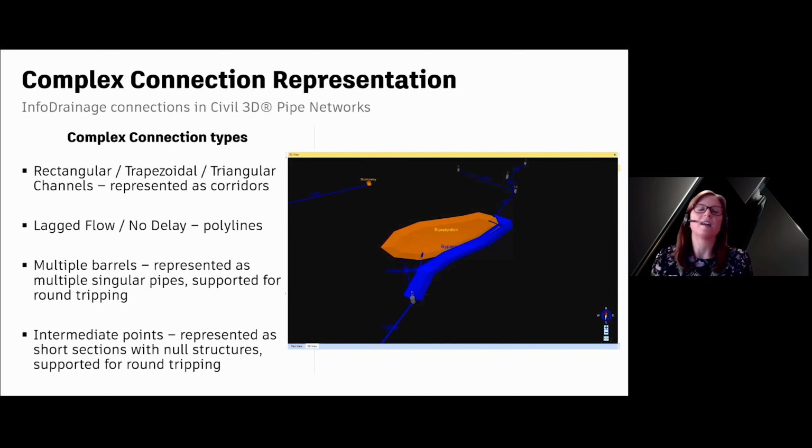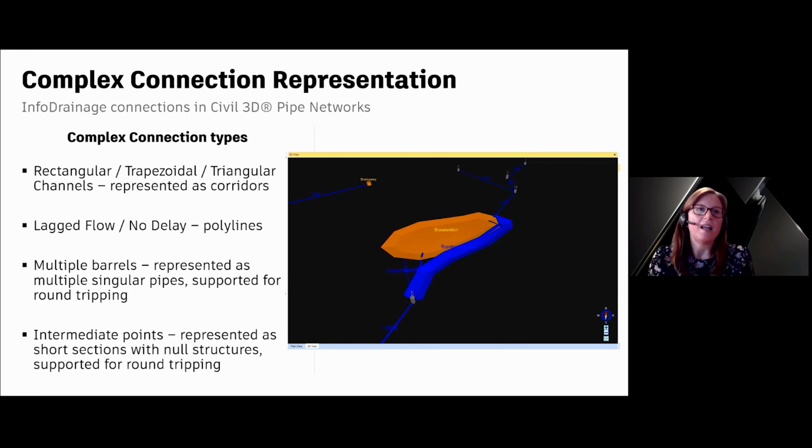When we come to rectangular, trapezoidal, or triangular channels, as we refer to them in InfoDrainage, these are represented as corridors. So in this example, we have a bypass channel alongside one of our bioretention areas. This is an open channel section within InfoDrainage, but when imported, we don't have that option in the pipe networks in Civil 3D. So it's represented as a corridor.